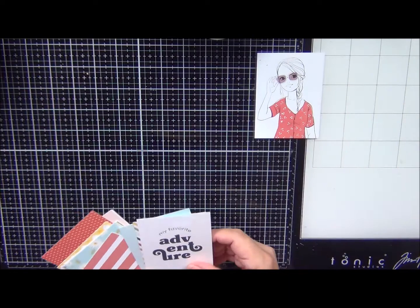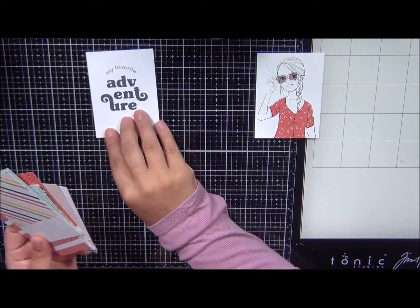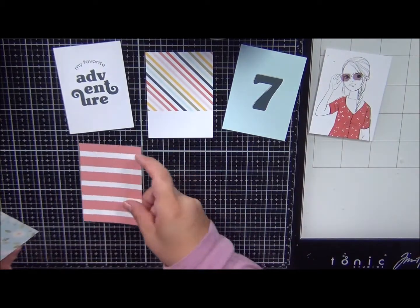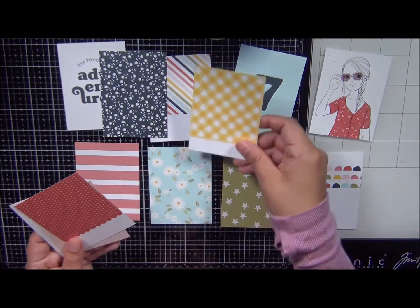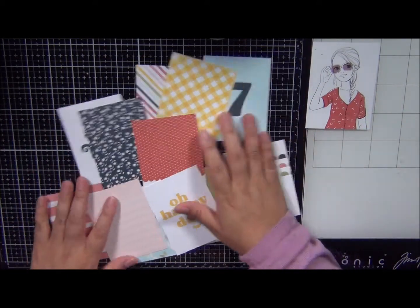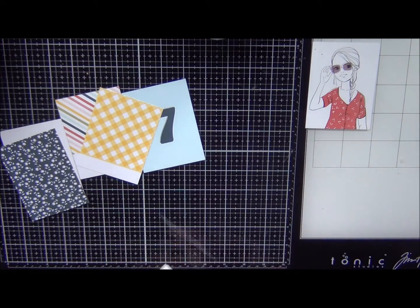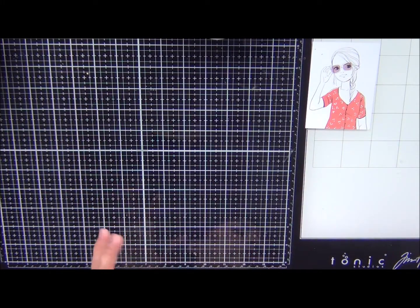Then the journal cards, again, I've already kind of taken the plastic out so that I don't make noise for you guys. This is single-sided as usual, and I guess this is chapter 7 for the month 7. And then these are the colors. That pink is gorgeous, and then the oh happy day. So those are the journal cards. I'm gonna keep everything in my box just so that I could kind of keep everything together